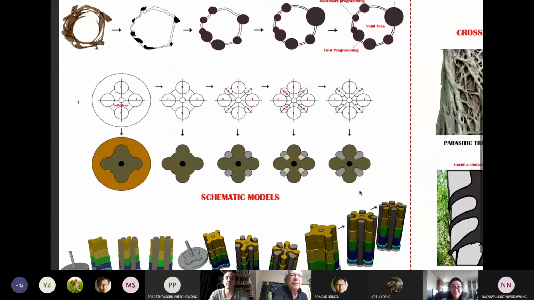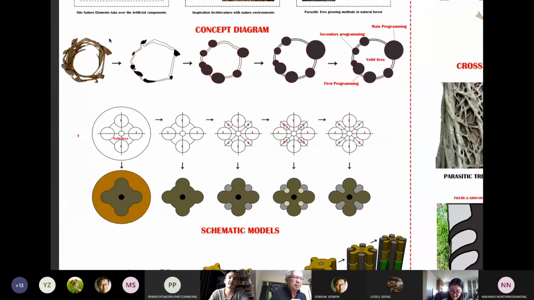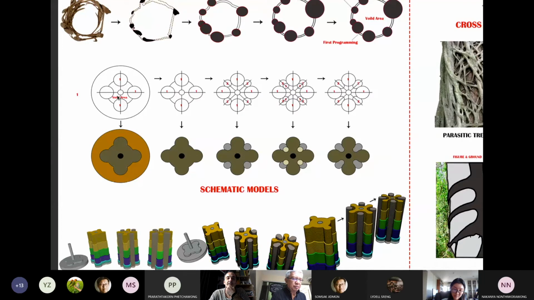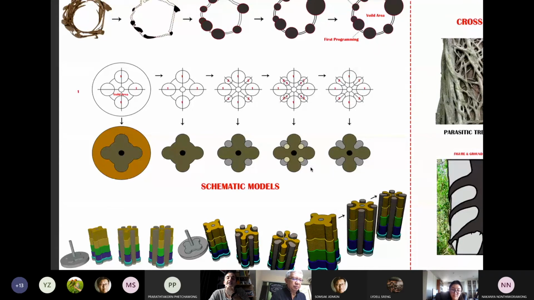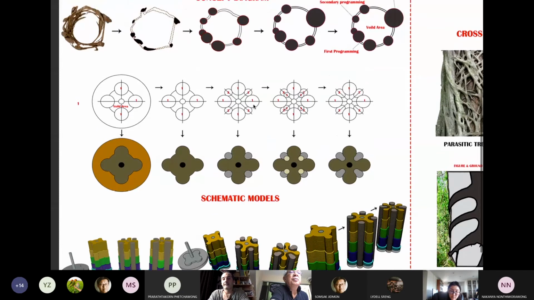Okay. So then the student has this design concept, and he starts to elaborate the building. He came up with this plan drawing, these schematic models that you are seeing here. Are these schematic models talking about the design concept that he explained before? Yes or no? Anyone can answer? Are these drawings related to this theme?